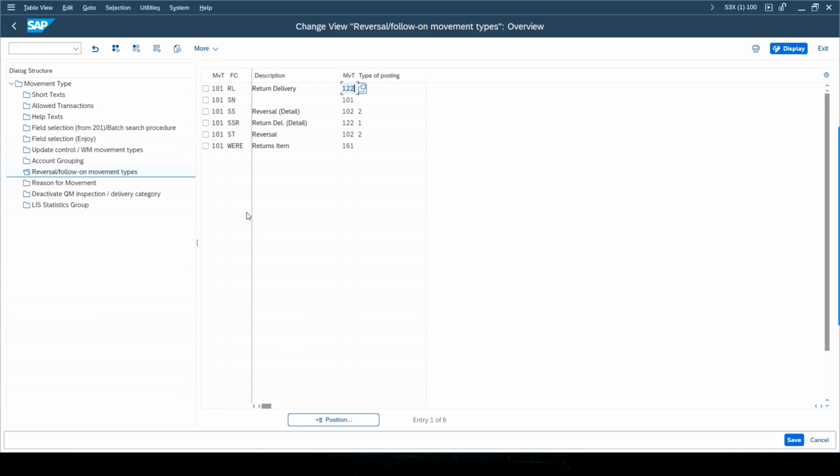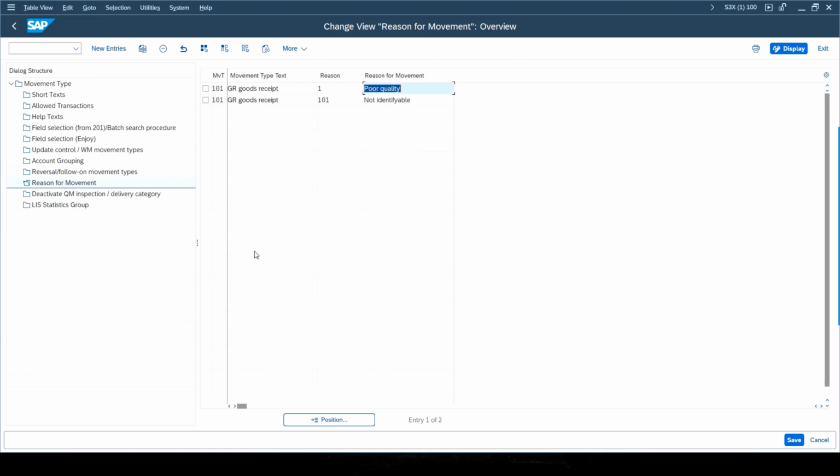Okay. Now moving on to the next, which is reason for movement. Here we can assign the reasons for the movement against a movement type. For example, the movement type 101 has two different reasons: poor quality and not identified. So here you can assign more reasons for movements by clicking new entries, and it will be a big list if you want to assign more reasons for movements, right? Okay. Next we will go back to the movement type again,